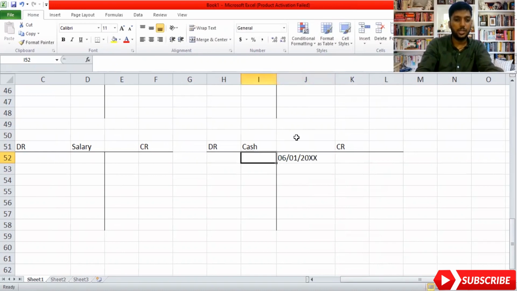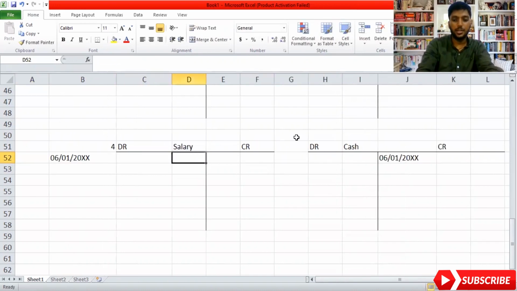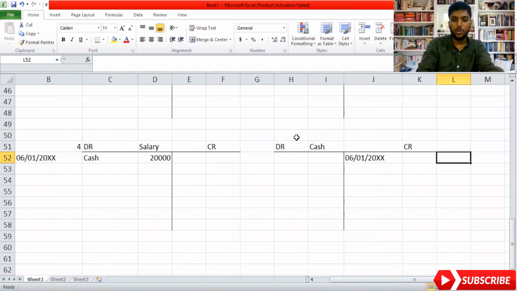Okay, so now here the actual salary he is getting paid is 20,000. What are you paying from? You're paying from cash. So write cash here, and on the cash account, you need to write the cash account, and for salary, just the salary account. Don't keep it plain, guys. It will be wrong in exams. And here is the amount you are giving, 20,000.